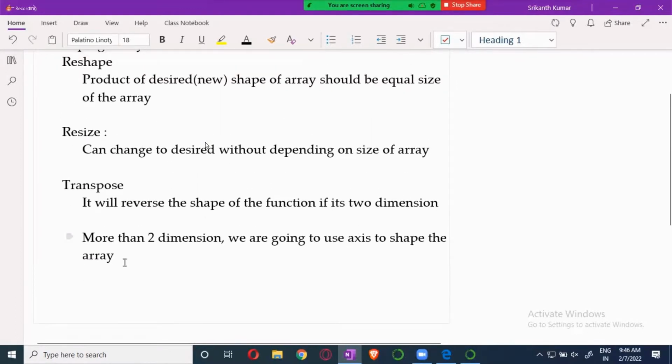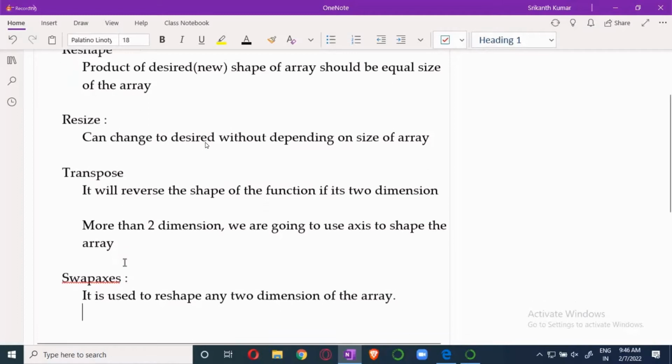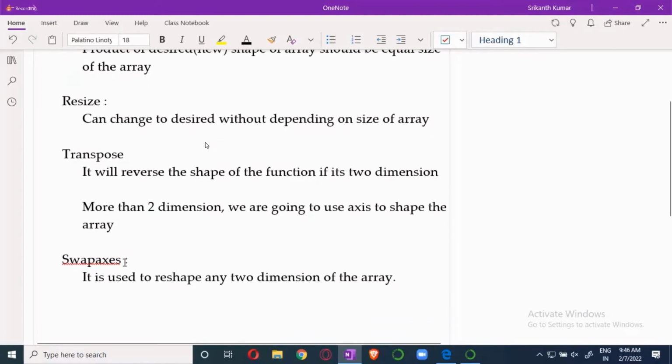There is one more called swap axes. Let's see this. Now this is used to swap any two dimensions of the array, any two dimensions of the array. And there is one more called